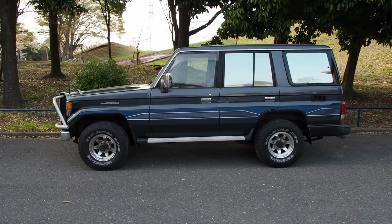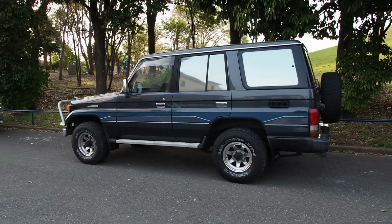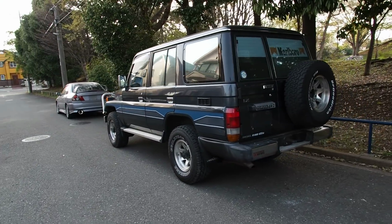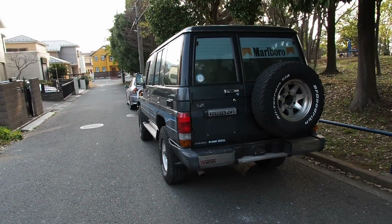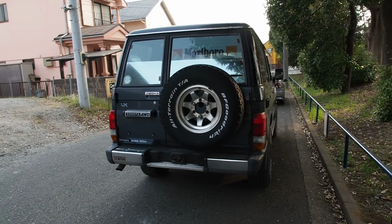instead of the comfortable version. They sold 2 different Land Cruisers at the same time. There was always a comfortable and a tough one. The 40 series is the tough one. The 50 series was comfortable. That one was a pretty terrible car, and so they replaced it with the 60 series pretty quickly, which was